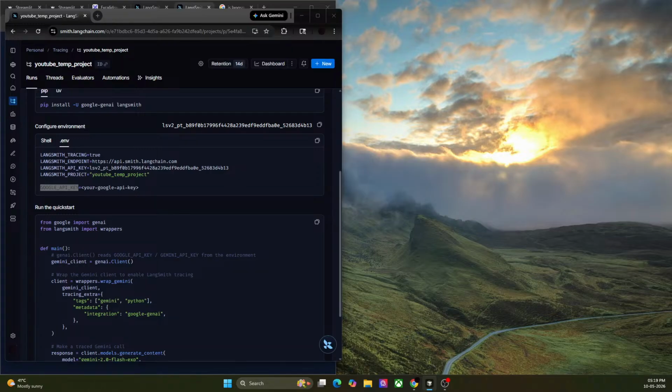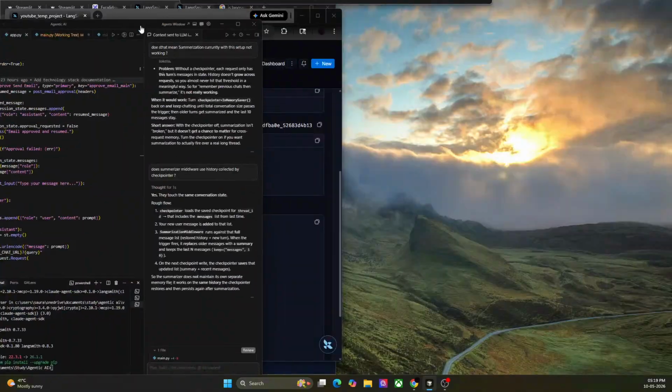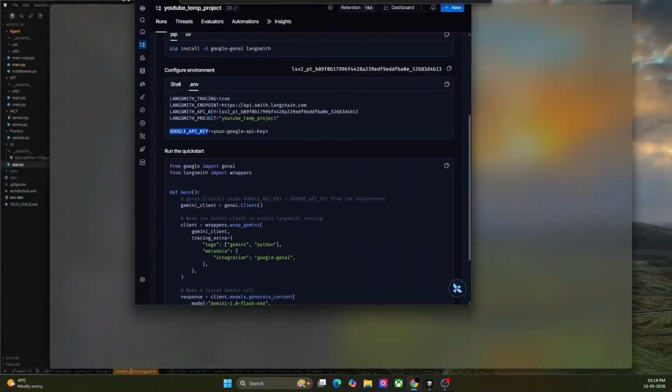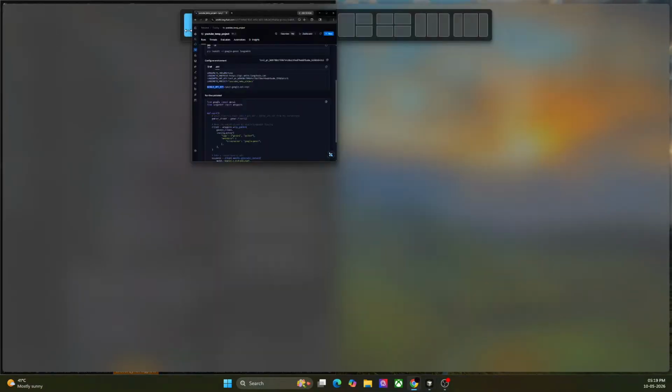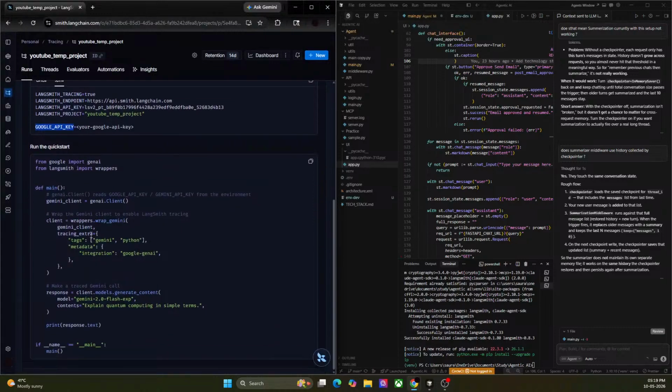Perfect. Now after generating the API key,